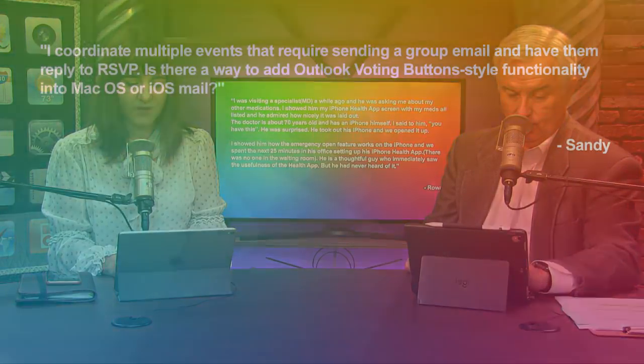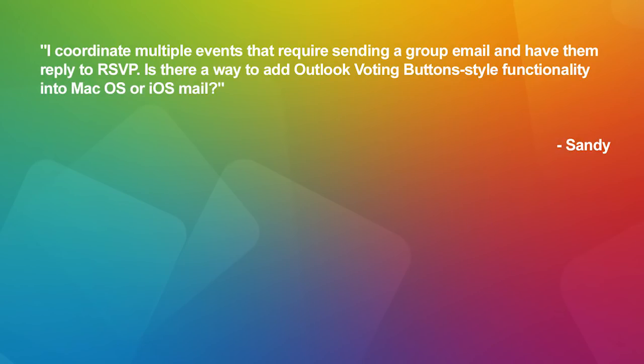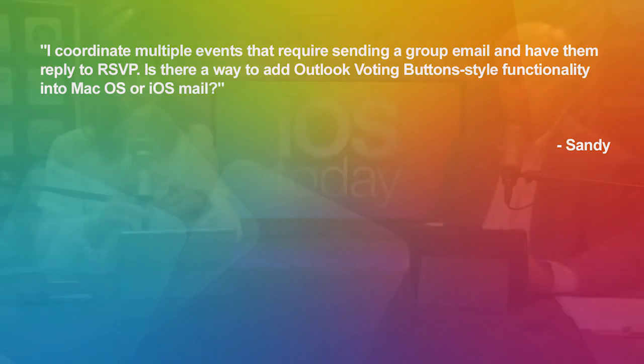Sandy writes, I coordinate multiple events that require sending a group email and have them reply to RSVP. Is there a way to add Outlook voting button style functionality into Mac OS or iOS mail? So she's sending out messages, and if you use Outlook, you have the ability to add buttons. So it's just like someone can say yes or no. Accept, decline. And I actually had sent a follow-up email to her saying, why don't you just use